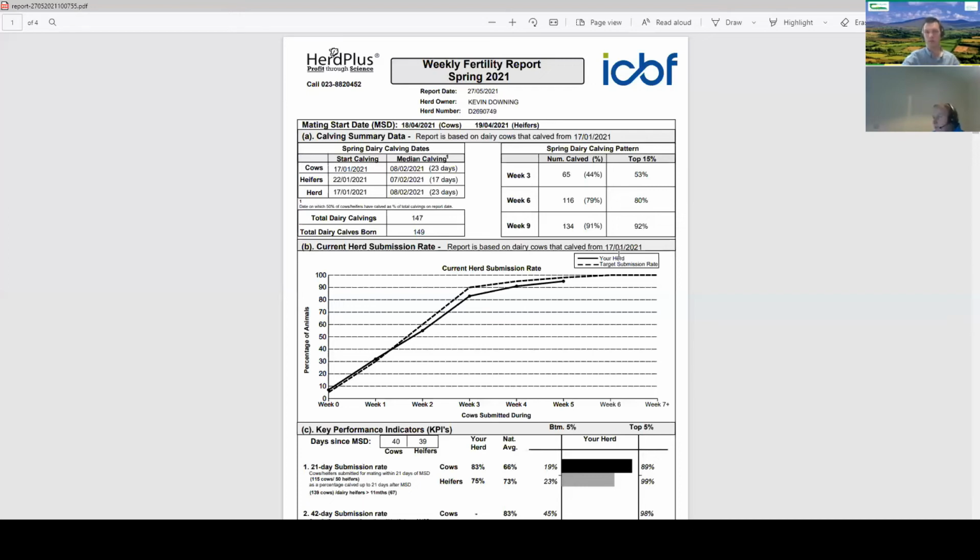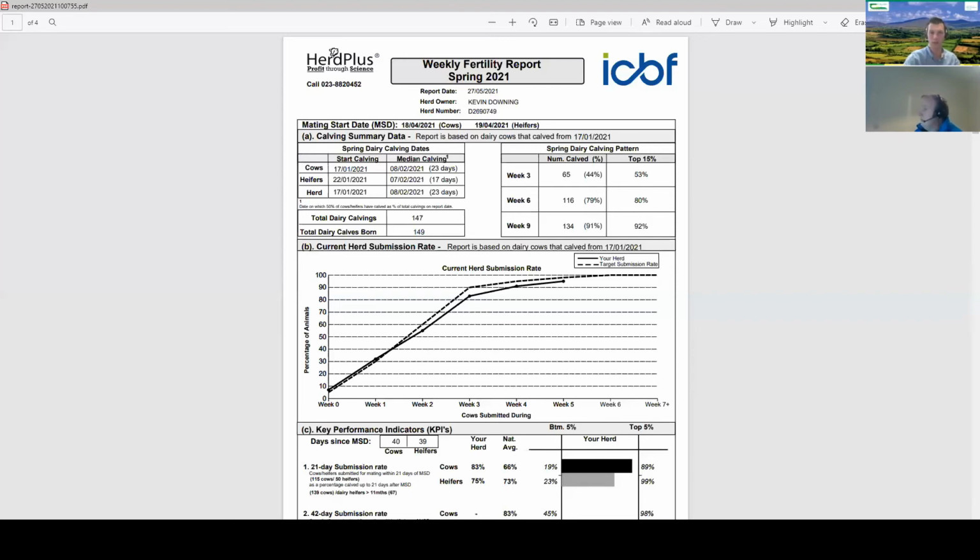So if there's any questions, people can pop them in there just in the next minute or two, and we'll put them to Dan. But the long and the short of it is, I suppose, we've a huge amount of information in the whole ICBF database, full stop, and we should be trying to harvest the value of that. So everybody's paying for their Herd Plus reports, etc., and this is why we pay for them, to have this information available to us and to allow the lads to generate information and KPIs for farms to target and to